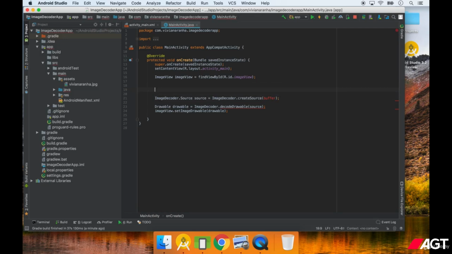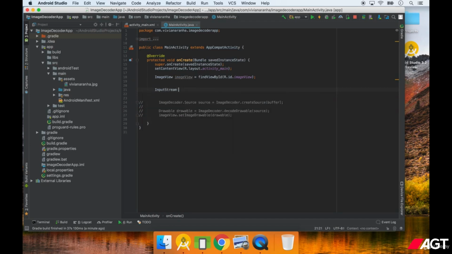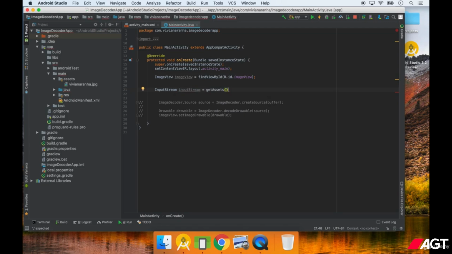Now where is my object? There's no object. So I'm going to start now. Since I already have this code, I'm going to comment this out. So this is what I want to do. I want to create an input stream equal to get assets. So my folder, which is the assets folder, from there I want to open the file